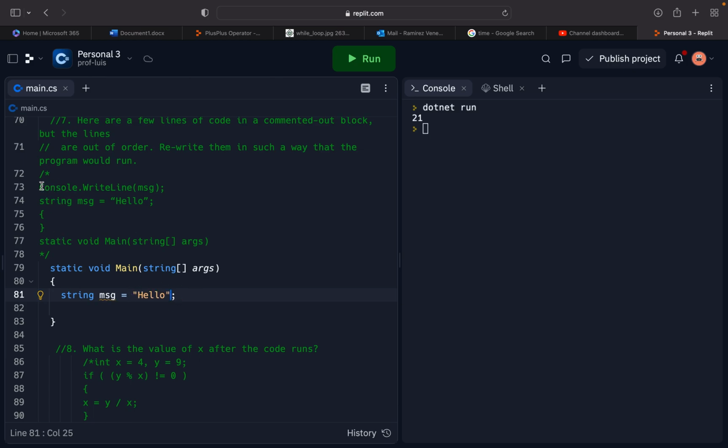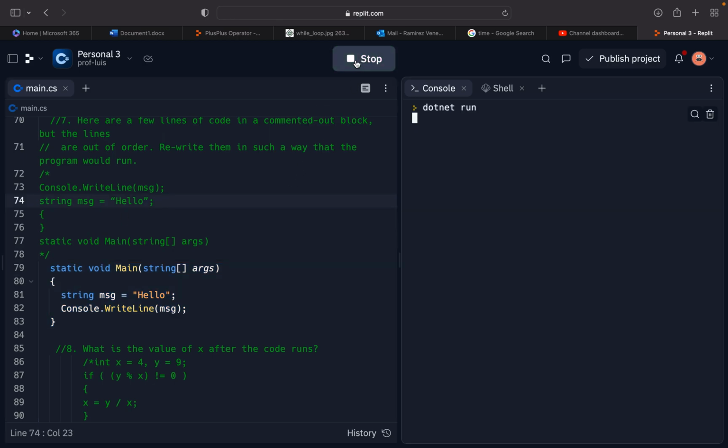And then lastly we make sure to call the Console.WriteLine message. It's part of our commented out code, and this is the correct organization of this block of code. So let's run this and make sure it works. All right,